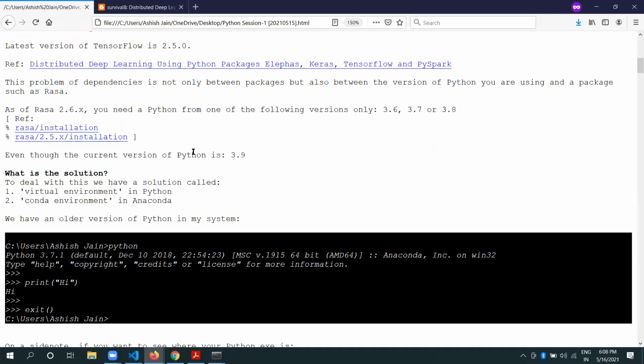Now, first we saw that we have dependencies with the package. Now there is a dependency with Python also. For example, Rasa. Would anyone unmute themselves and let me know if they know about Rasa? Okay, nobody is responding. Rasa is